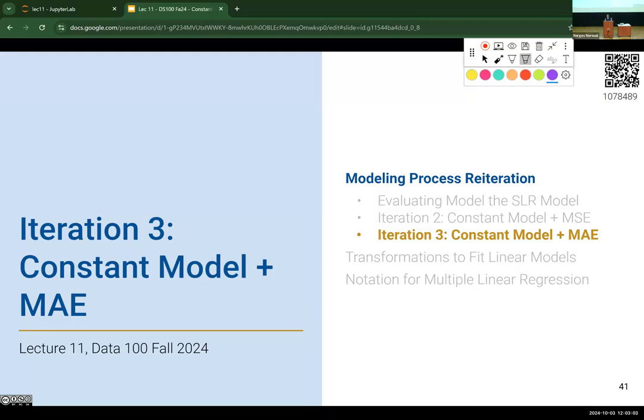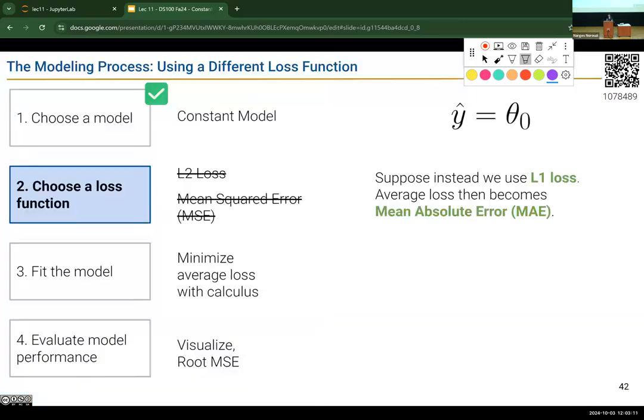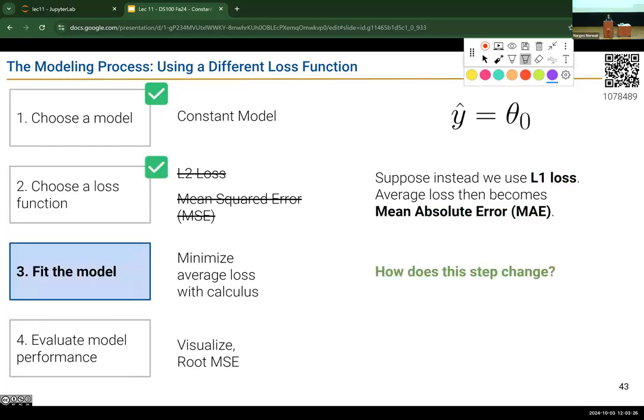Okay, so the next model is going to be an easy model. Now that you've gone through doing constant model with MSE, doing constant model with MAE is going to be easier. What was MAE? MAE was mean absolute error. Remember that we had the loss functions, L2 loss and L1 loss. This is L1 loss, but taking the average over all of the data points that we have, which we call mean absolute error. So I'm going to take a look at how I can fit a model